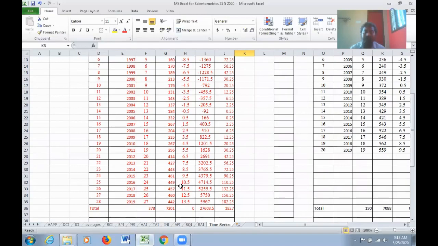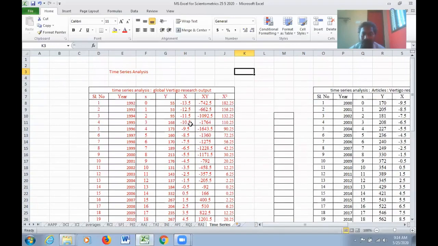Some people say that, sir, we need not add 1, we can add only 0.5. You can do that also. No problem. For example, instead of adding 1, you can add only 0.5: 0.5, 1, 1.5, 2, 2.5. Only thing is, there should be an equal difference between the two years. Either you add 0.5 or you add 2 or you add 1, but add uniformly. But normally we take 1. We have one equal distance between two points. Fine.